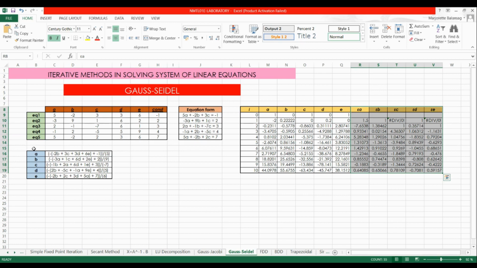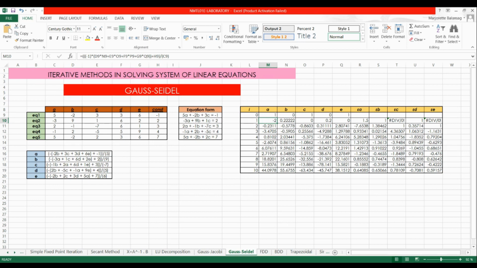So in the first equation, it will get a value of A. On the second equation, it will get the value of B. On the third equation, it will get the value of C. On the fourth equation, it will get the value of D. And the fifth equation, it will get the value of E. And then when we get it, we will substitute it here. And Excel will automatically tabulate it. So basically, the Gauss-Seidel method works by getting one unknown value in each equation and just substituting it here as its